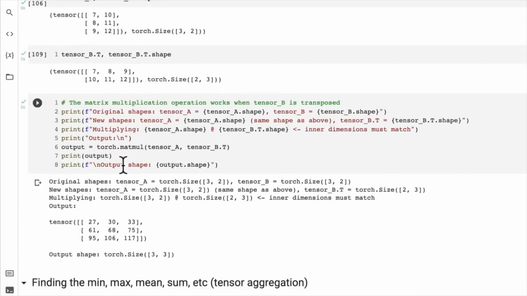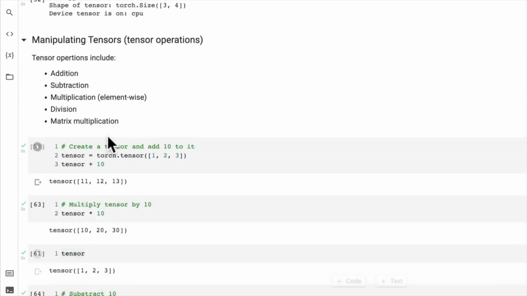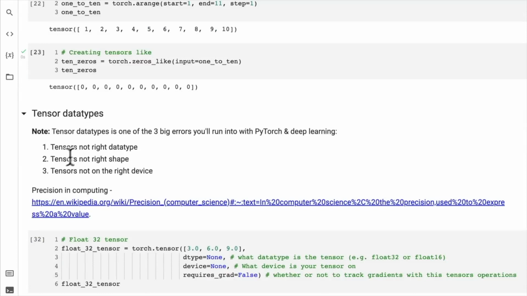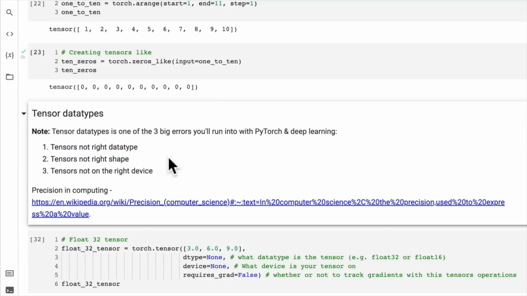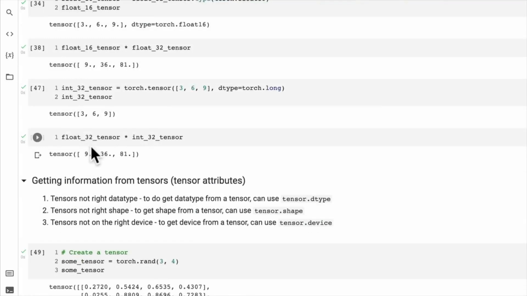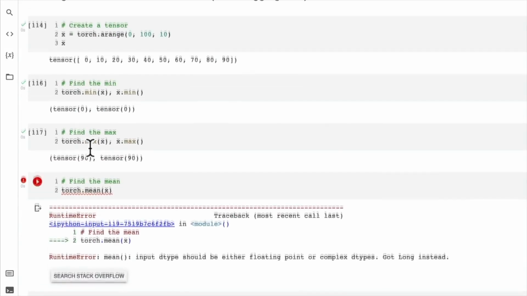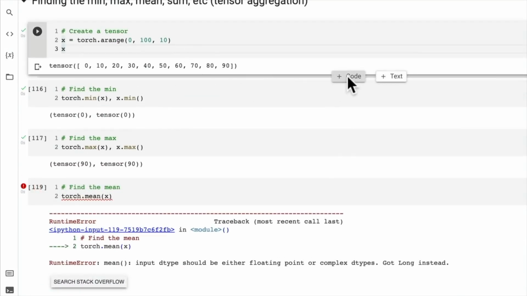Remember how I said right up here that we've covered a fair bit already? But right up here, some of the most common errors that you're going to run into is tensors not the right data type, not the right shape. We've seen that with matrix multiplication, not the right device. We haven't seen that yet. But not the right data type. This is one of those times. So it turns out that the tensor that we created, x, is of the data type, x.dtype,